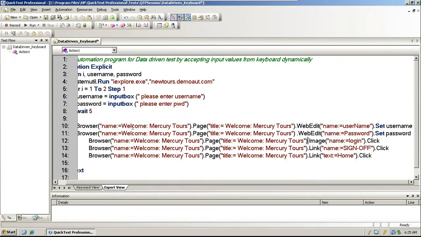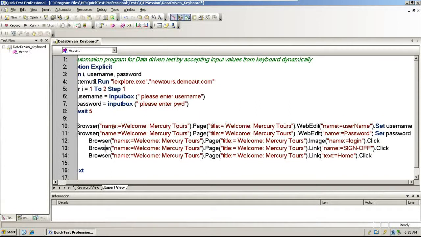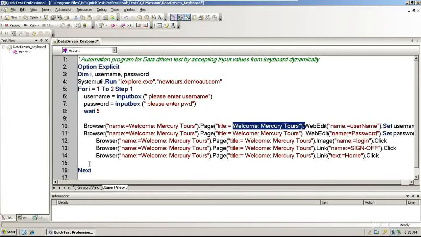So what I have to do? I have to find out that browser dot page dot. This is pure coding. If you understand this, you understand everything. Gautam, concentrate. So browser property name colon is equal to property value dot page property name colon is equal to property value. Same thing, everything goes the same way repeatedly. Dot set username. So here browser dot page are common for each element, because you are only doing these operations in the same page, same browser. If you go to a different page, it will differ. So instead of repeating this, I just put a With. However, both are fine, both will work.